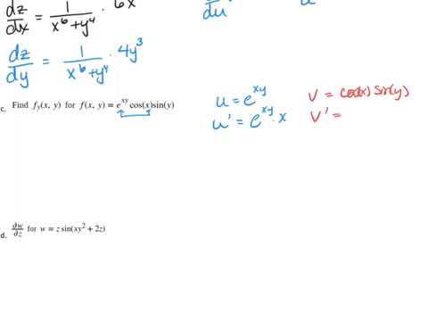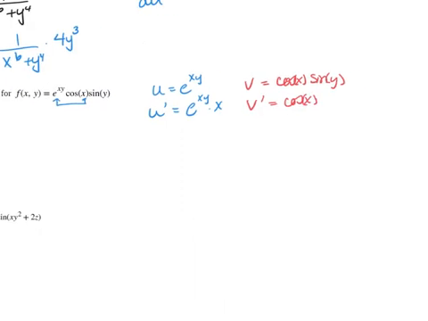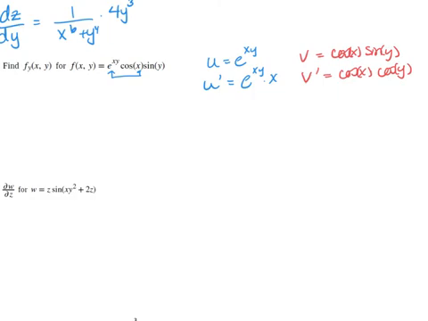So v prime is going to be the cosine of x multiplied by, well, the whole derivative is the derivative of y. So this is going to be multiplied by the cosine of y. Now I'm going to use my derivative with respect to just y. This notation replaces the y prime when we were only in one variable. It's going to be equal to my e to the xy, x multiplied by the cosine x, the sine of